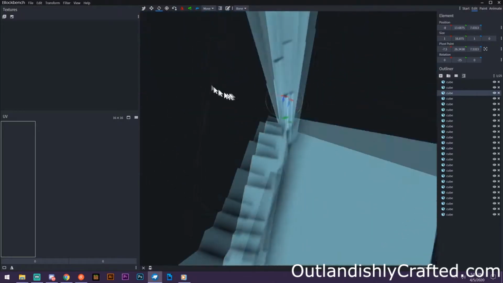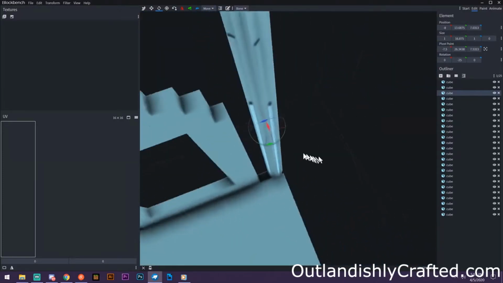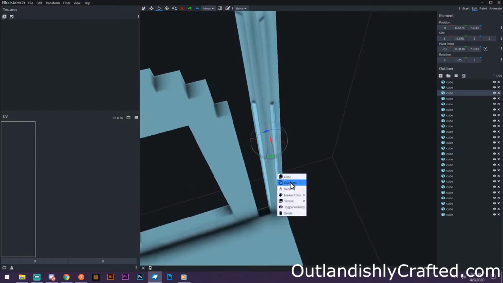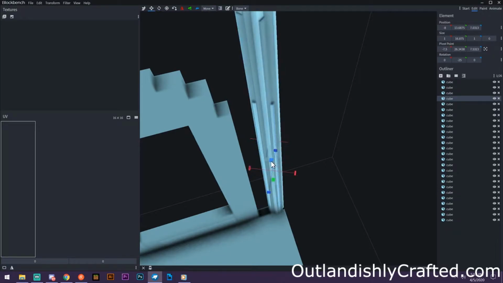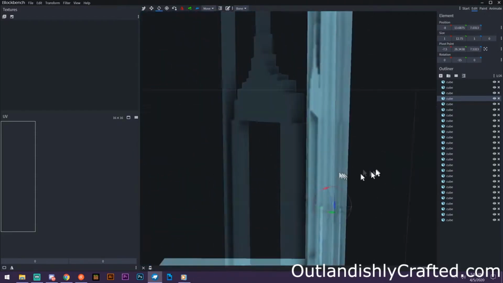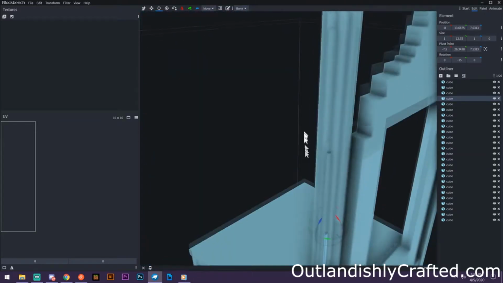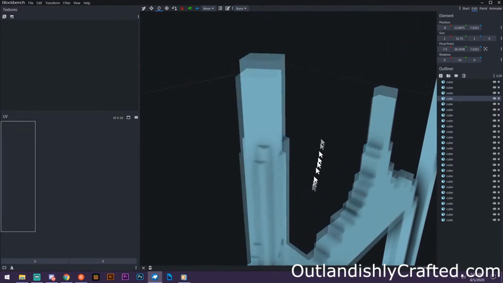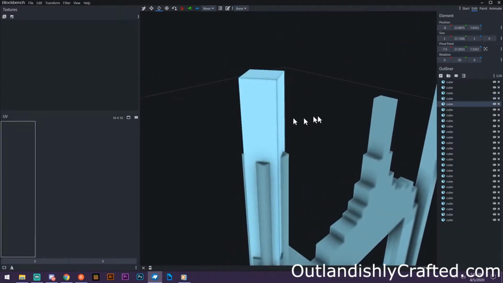But it's one of the biggest questions we get: how do you control the pivot points? A lot of people spend a lot of hours fighting the pivot system, and I think a lot of people also give up because they can't figure out how the pivot system works. So in this program, there's an adjustable pivot system, and you also need to know that if you have a folder or a host bone or a root bone or a parent bone, all the different editing programs call them different things. So when you have a bone within a bone,